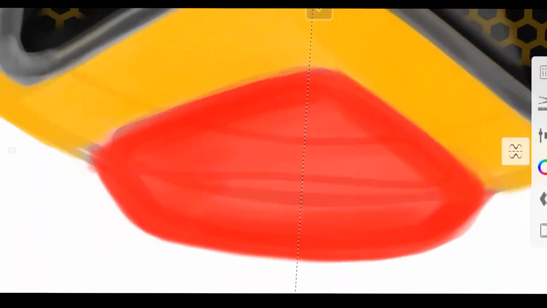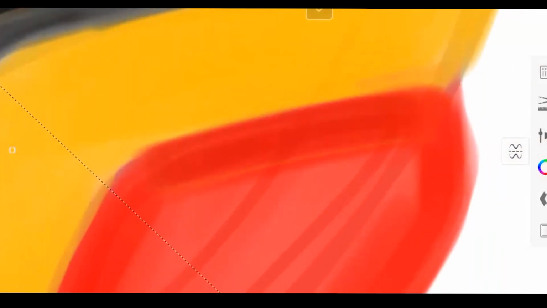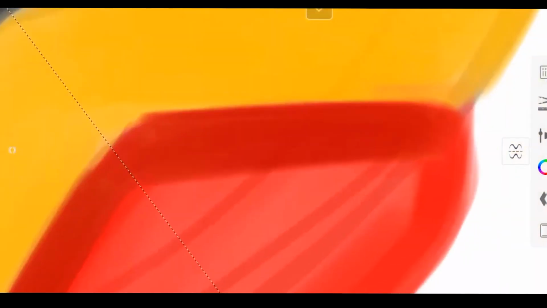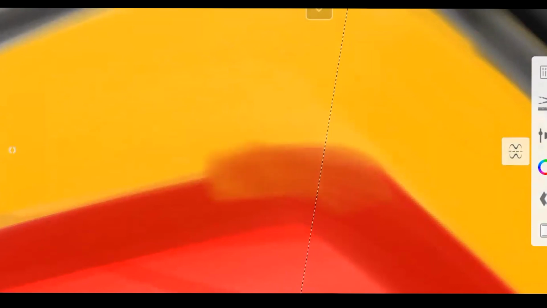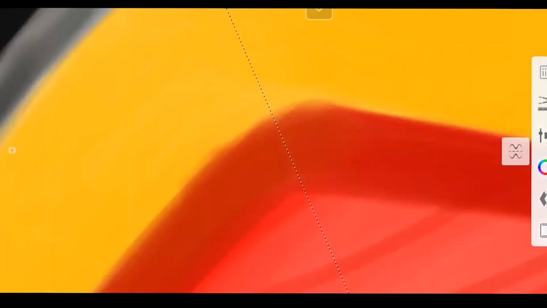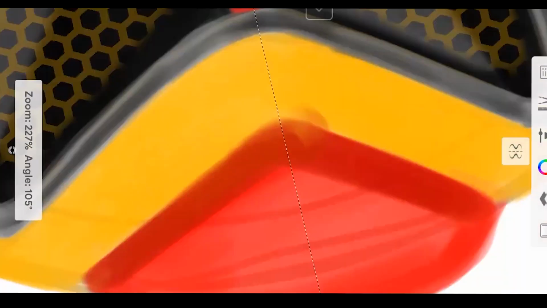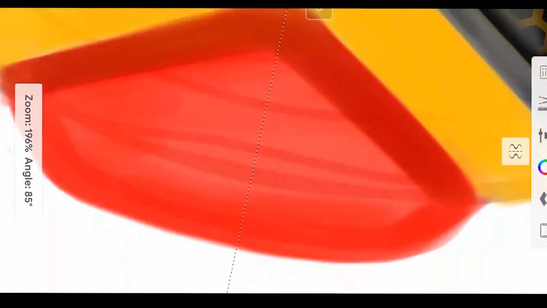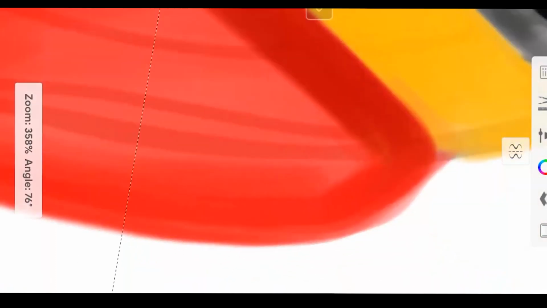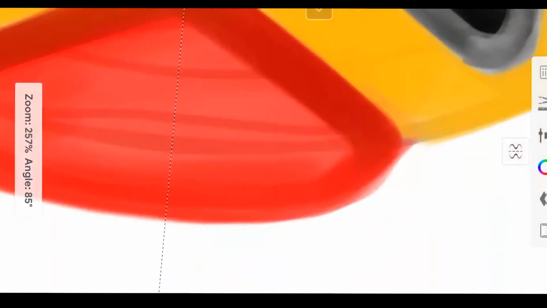So again, to show a little bit of depth, I will darken the color as I had demonstrated in the previous episode. As you can see, this part here, this red ruby, this thing will have a little bit of depth here. So this element is three-dimensional for this rim. And whenever we blend the colors, we should do a bit of curvature here so that it will look natural.